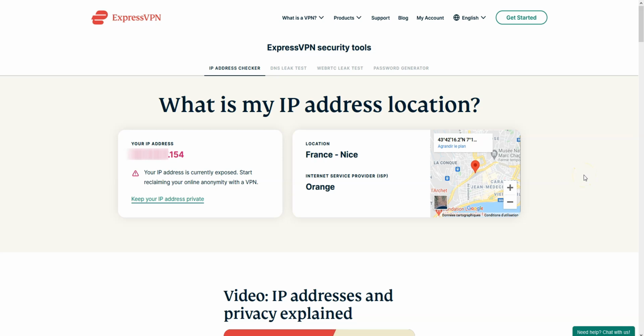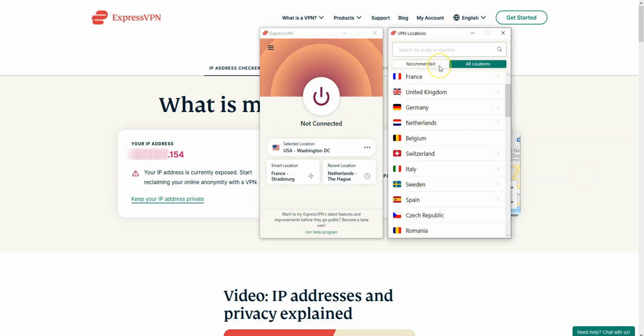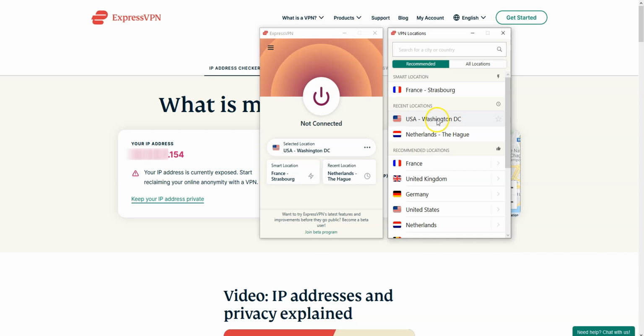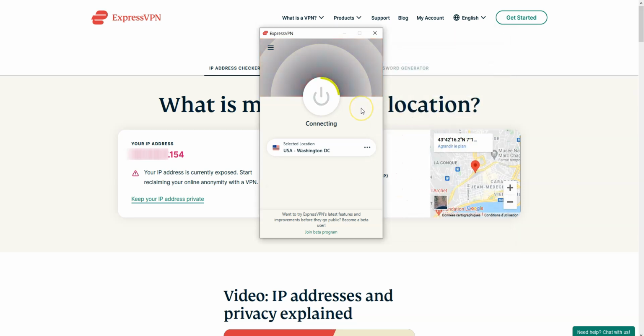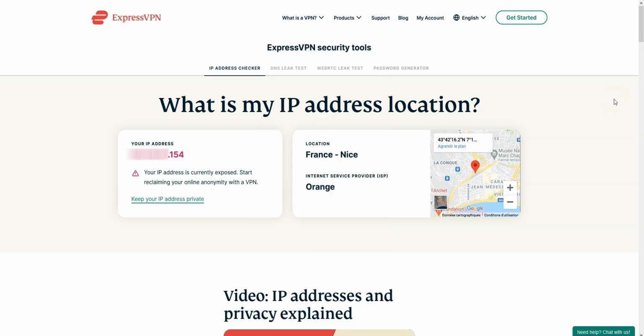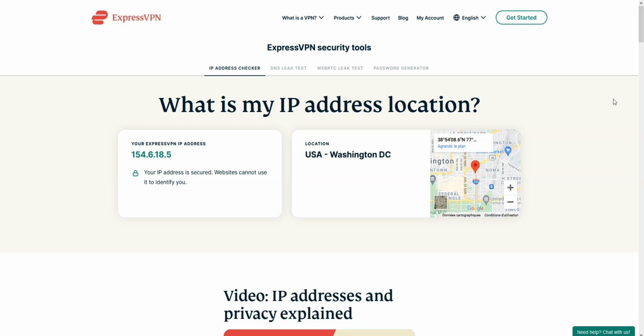As you can see here, I'm located in Nice, France. Let's use one of the recommended locations. The US, for example. I double click. It's connecting. It only takes a few seconds. Done. I'm now connected to the internet virtually from the US. Let me refresh this page. And as you can see, my IP address has been replaced with the IP address of the VPN server located